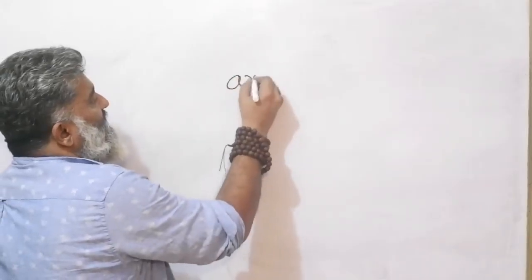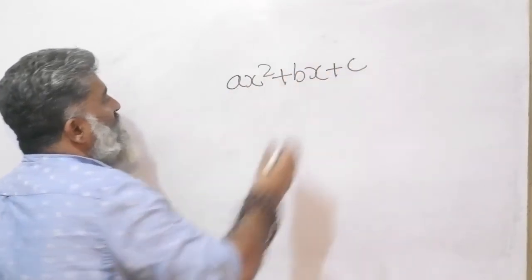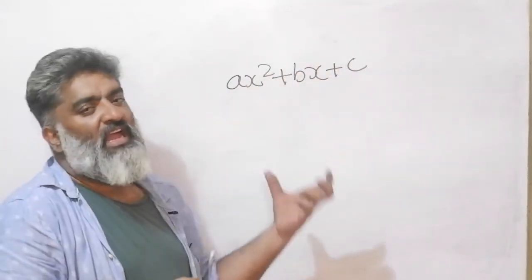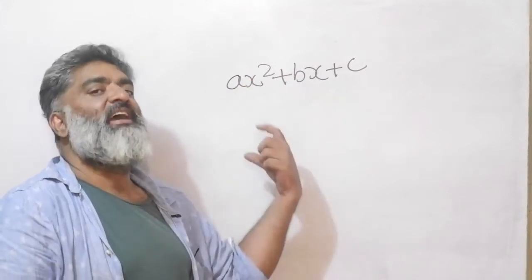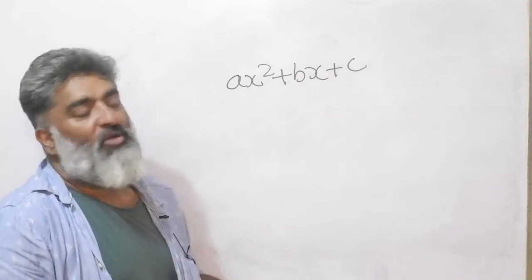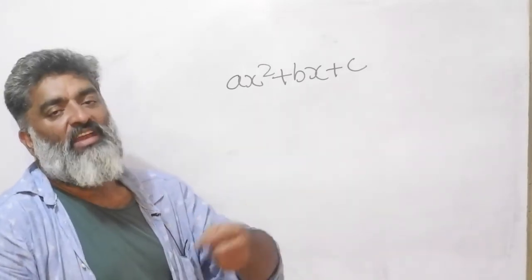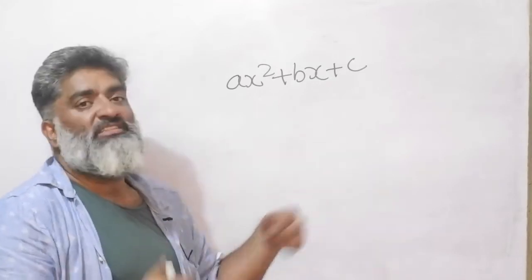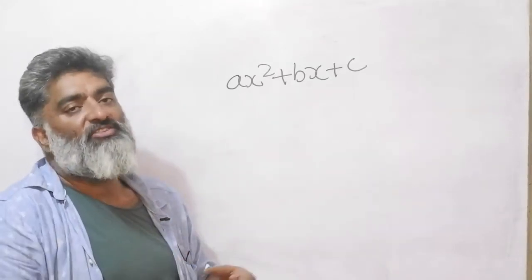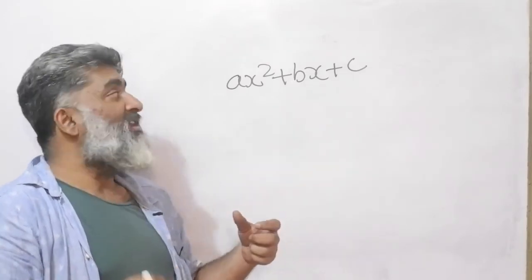So let's now connect it to the standard form of the quadratic equation. And in fact, we are done with the key ideas. When we do problems, the key ideas will get repeated and we'll see the usual mathematical problem challenges, things that teachers use to make life more difficult and hide this concept behind a couple of layers of language. So ax square plus bx plus c is the standard form, and now I want to